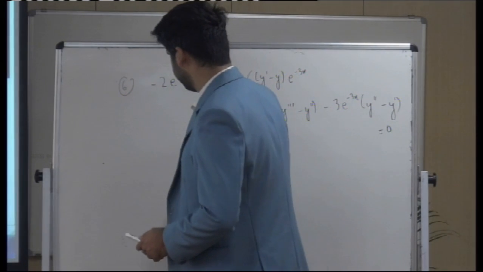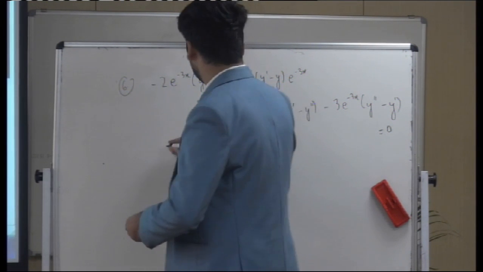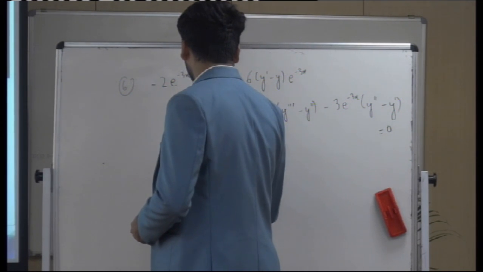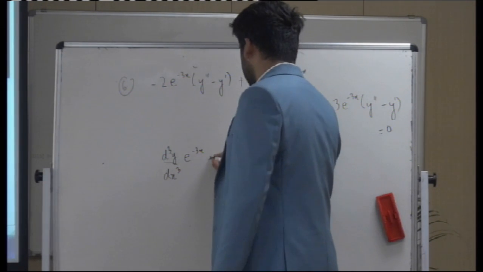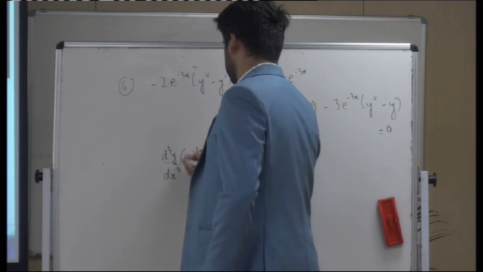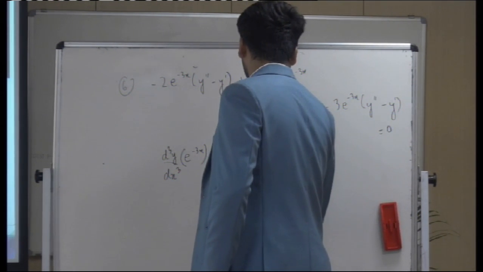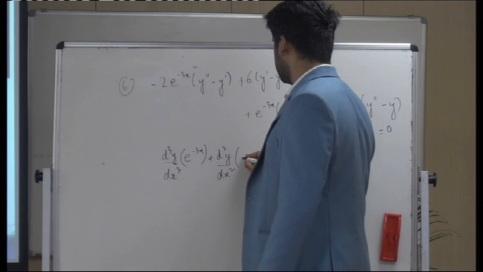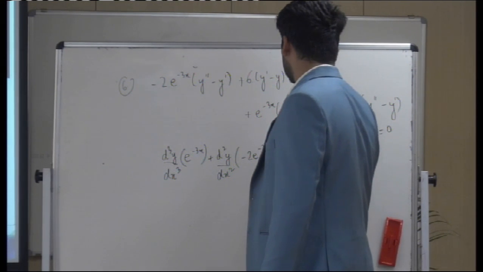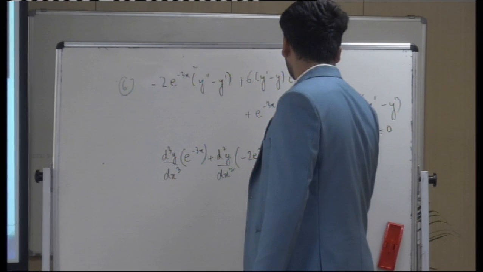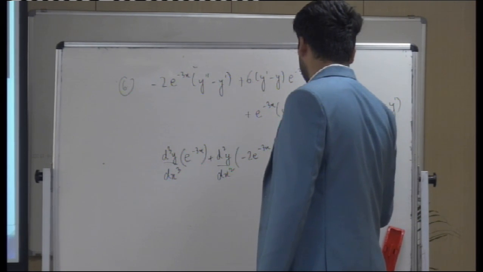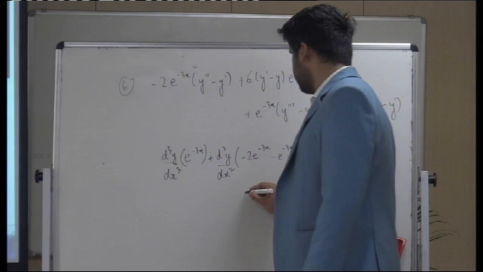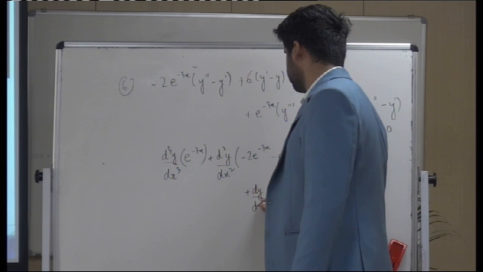So just write the final step. d3y upon dx to the power 3 into e to the power minus 3x plus d2y upon dx2. So we have minus 2 e to the power minus 3x minus e to the power minus 3x minus 3 e to the power minus 3x, right? Then the y dash terms, dy upon dx,